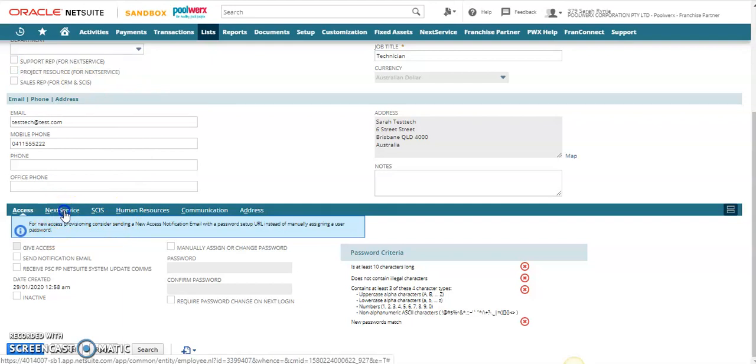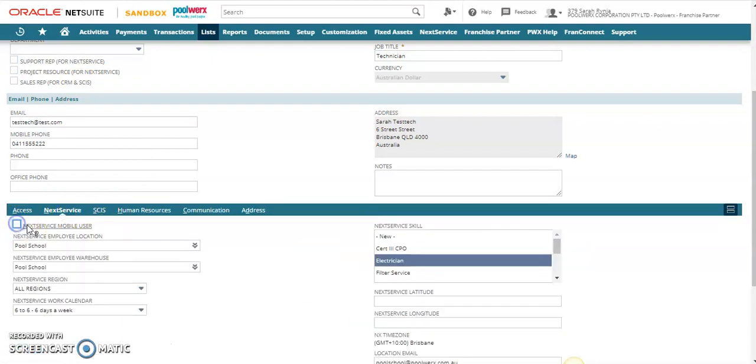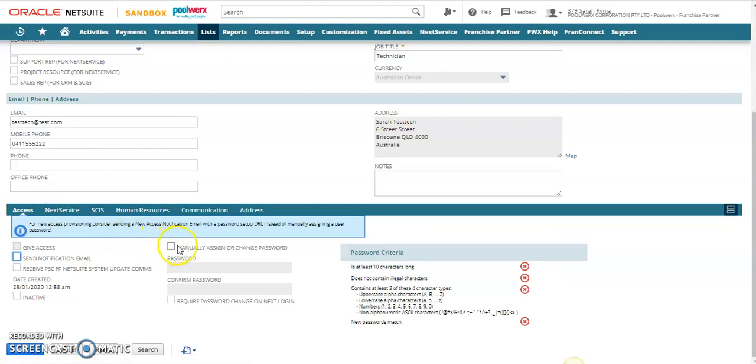We're going to click on Next Service and untick the Next Service mobile user. This is the key box here that will give them the access. You may choose to update their password as a failsafe. Now note that I have not ticked the inactive box. If you need your technician to remain on the scheduler because you're still yet to update some of the jobs or tasks that are assigned to them, do not make your employee inactive. Simply click Save and you will still be able to view them on the scheduler